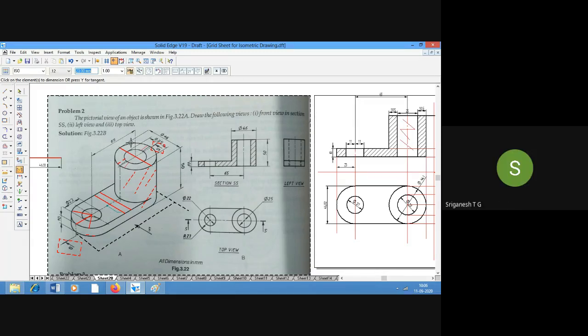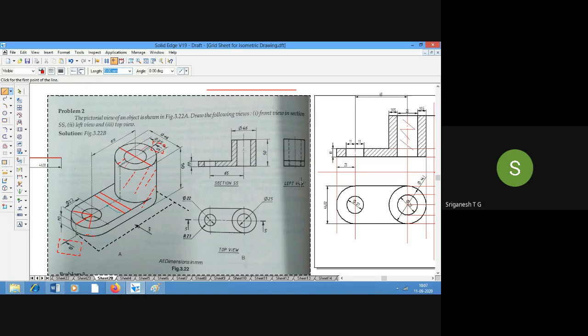So once you see the object, first calculate that length, height and width. Keep it ready. In this case, they have not given the overall length. I have calculated it. It is 23 plus 65 plus 23. So I will just draw that 23 plus 65 plus 23, it is 111 mm. I'll put a line for 111 mm. Over, no? Yes, sir. Clear? Okay.